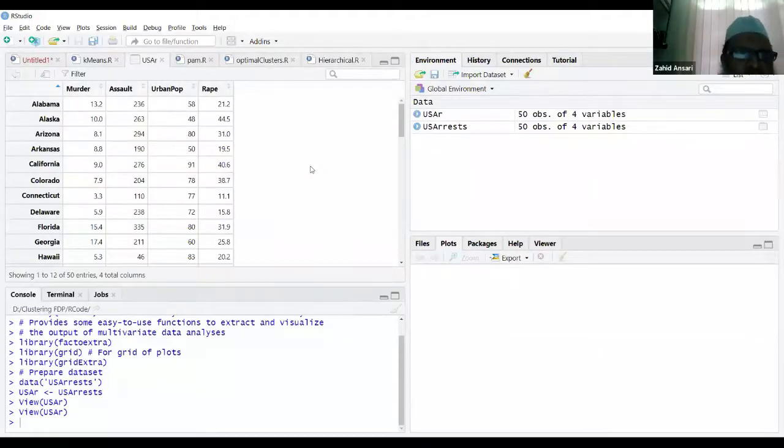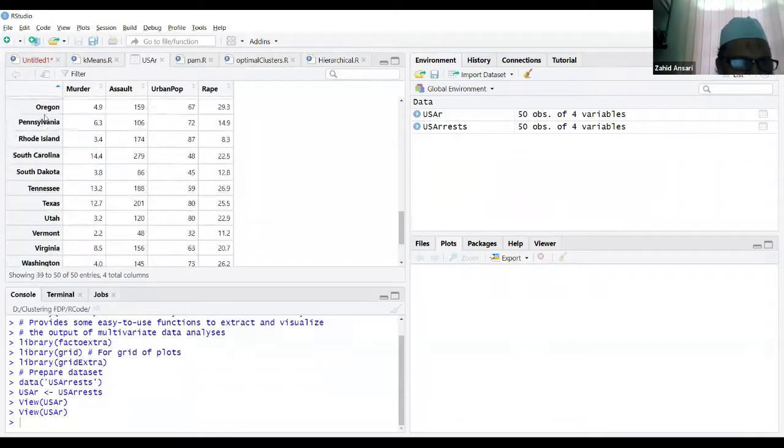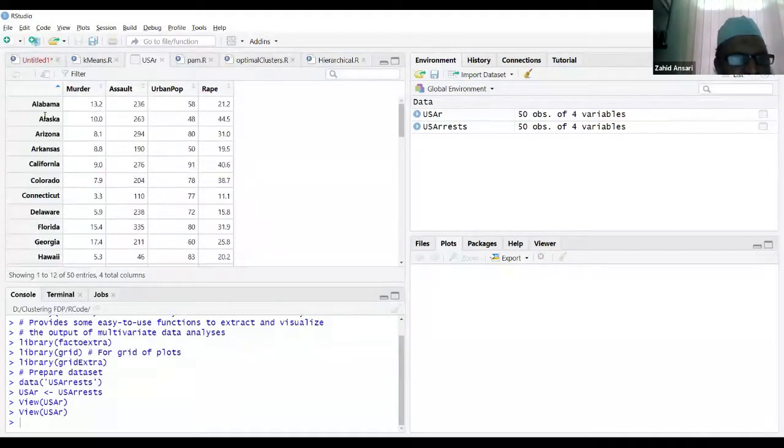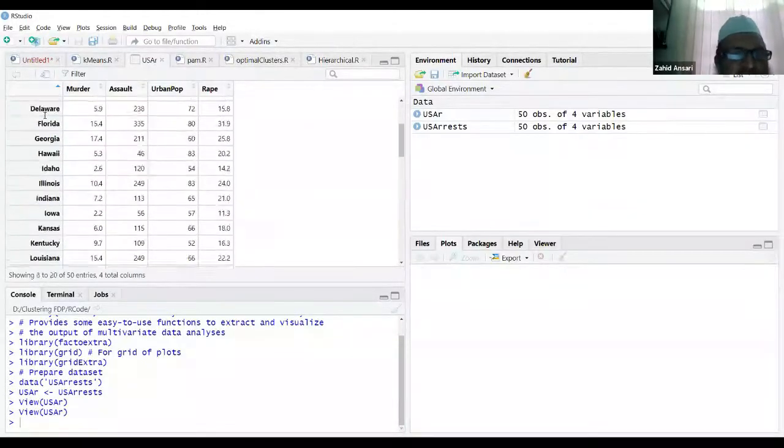Right, so this is the crime data set. The row names correspond to the various states in the United States. There are the 50 states, listed over here, right from Alabama to Wyoming.